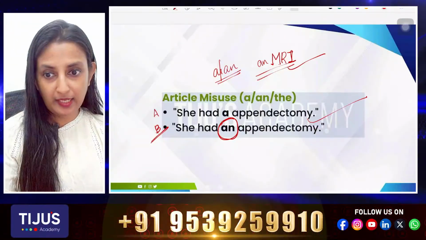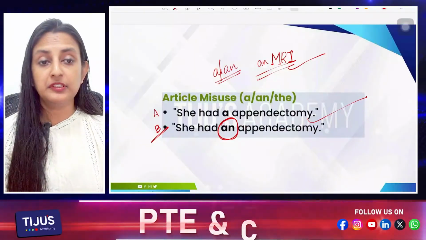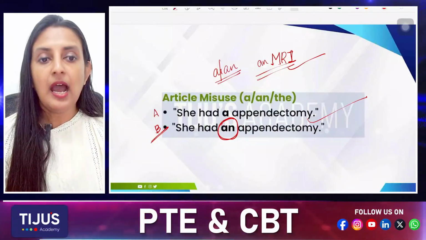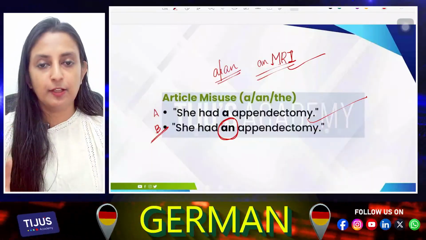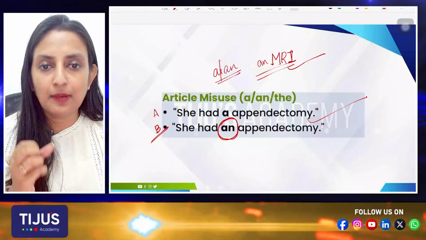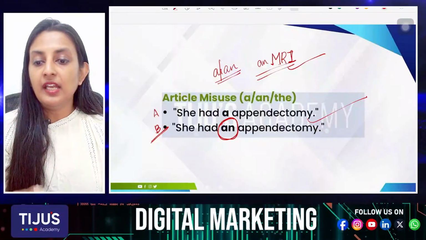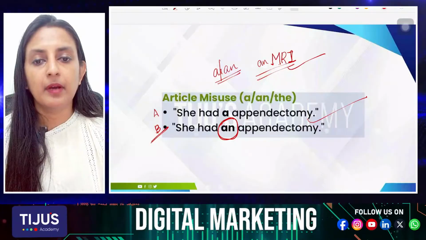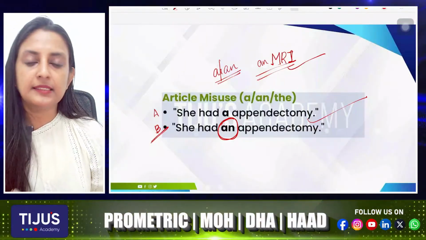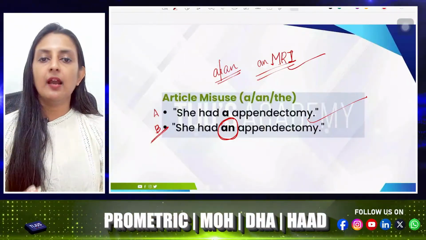So I hope you got the rule behind using the correct usage of articles. Articles ഉപയോഗിക്കുന്നതിൻ്റെ correct usage മനസ്സിലായി എന്ന് വിചാരിക്കുന്നു. We are not looking at the letters. നമ്മൾ letters അല്ല നോക്കുന്നത് അവിടെ. That is not a MRI. That is an MRI. An MRI will be the right answer, because എന്തുകൊണ്ടാണെന്ന് പറഞ്ഞു കഴിഞ്ഞാൽ നമ്മൾ a ആണോ an ആണോ